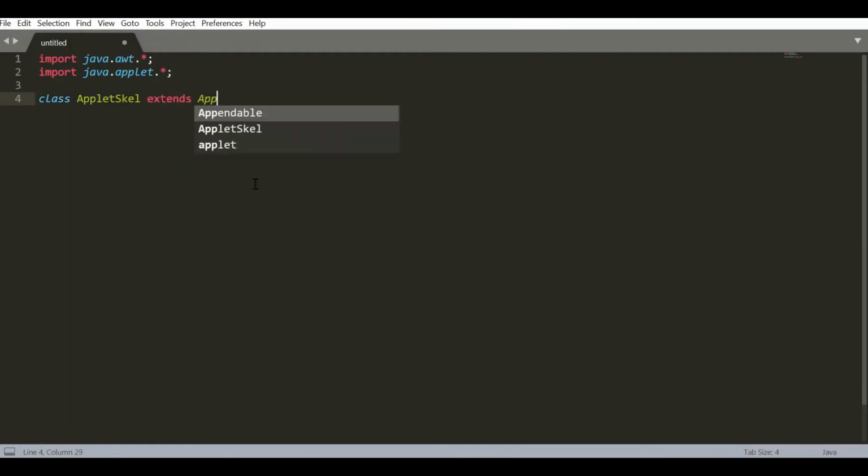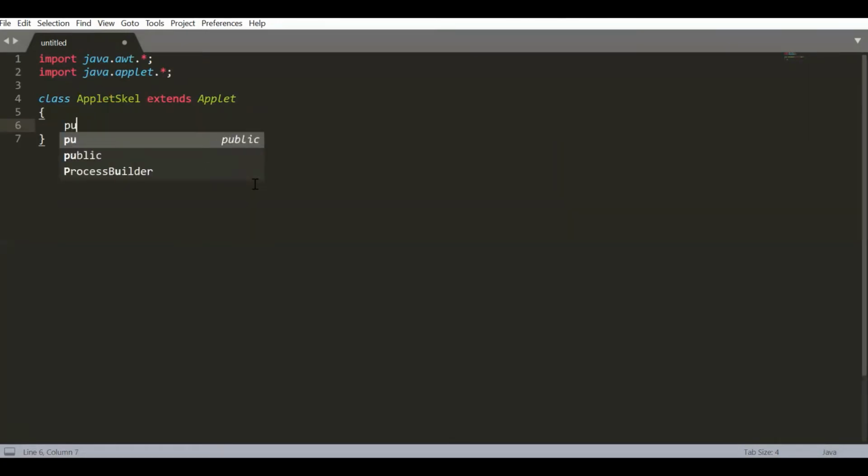You need to extend the Applet class. Now we'll try to execute those methods: init, start, paint, stop, and destroy. So we'll go with the first one.